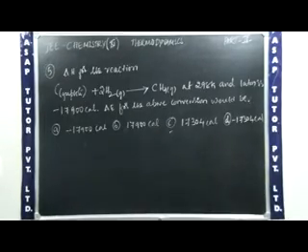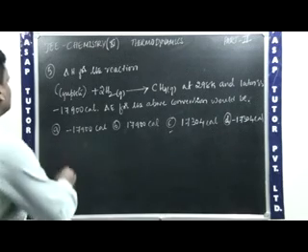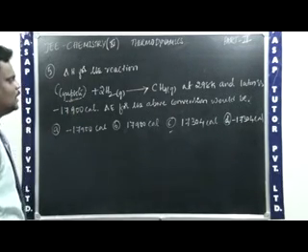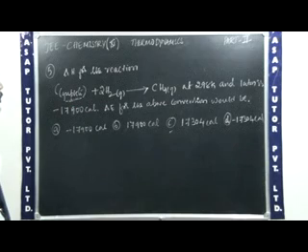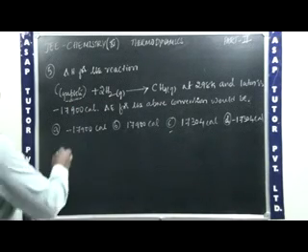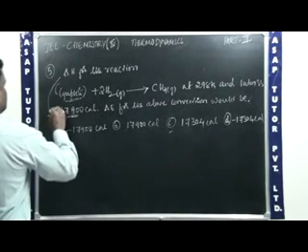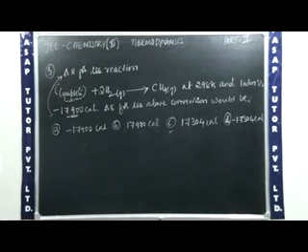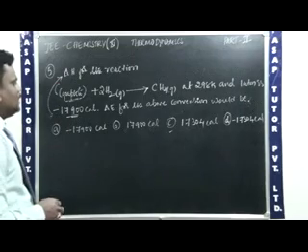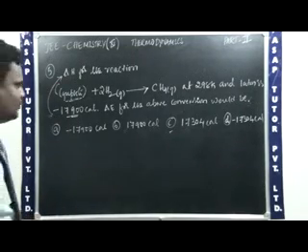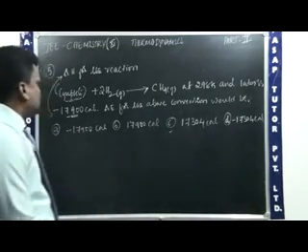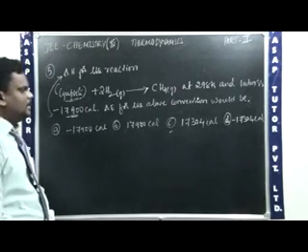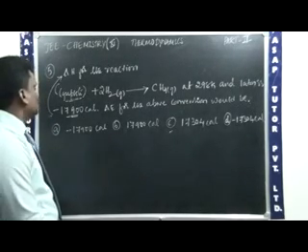Now we'll pass on to the fifth question. Delta H for the given reaction, C plus 2H2 gives rise to the formation of methane gas. Here they take the carbon allotrope as graphite, at 298 Kelvin and 1 atmospheric pressure. The delta H value is minus 17,900 calories. Delta E for the above conversion would be: we need to find the value of delta E. Here they give different answers A, B, C, D, and we need to choose the right answer.